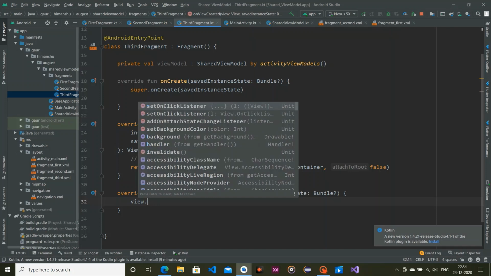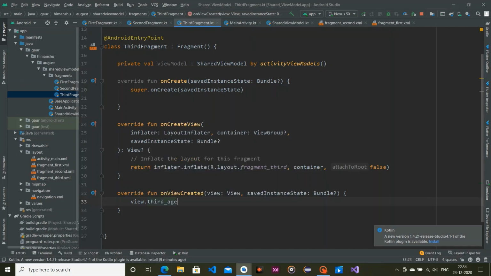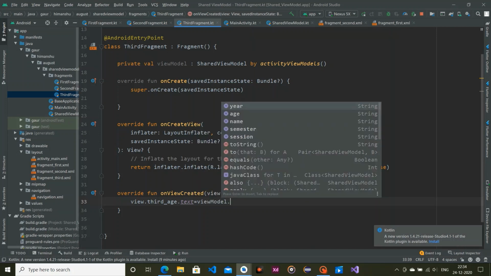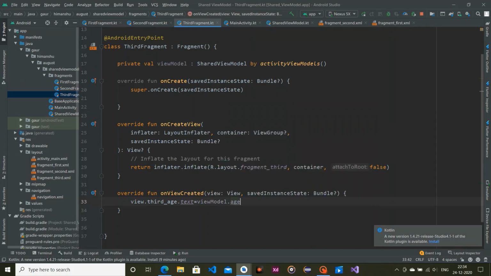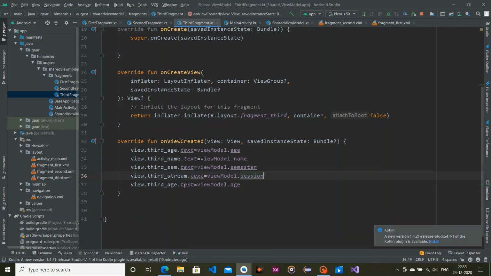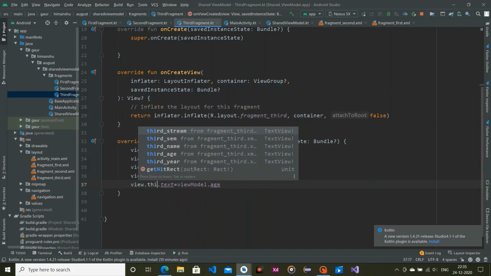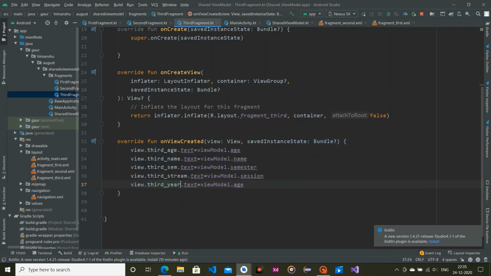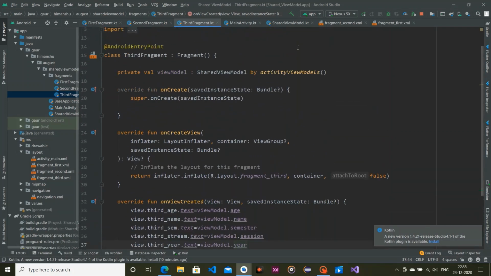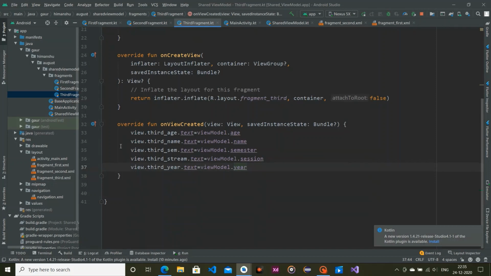So similarly, third age.text is equal to viewModel.age, so session, and third age, year. Similarly use year.